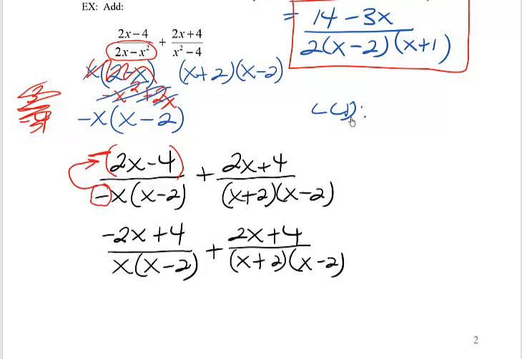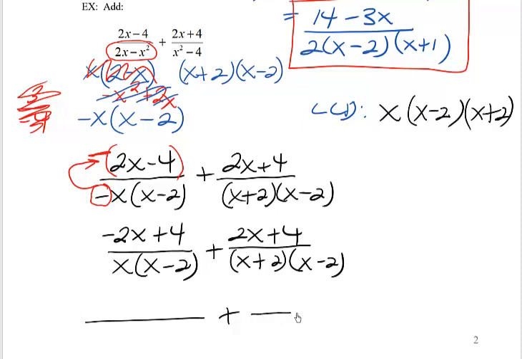My LCD is now very easy. I'm going to have to take an x to satisfy the first list. I'm going to have to take 1x minus 2. Nobody has more than 1 x minus 2. And I'm going to have to take 1x plus 2 to satisfy that second list. I'm not taking 2 of anything because no list has 2 of anything. There's my LCD, and what I need to do now is change the 2 fractions I have so that the